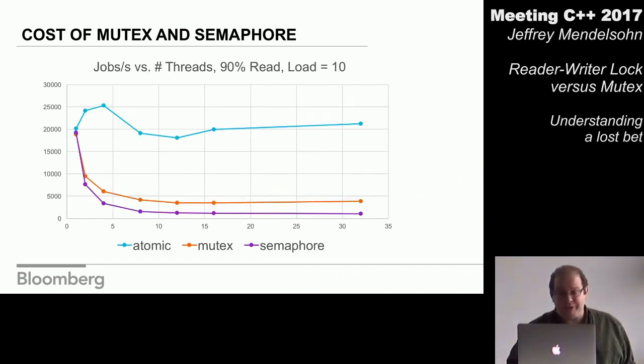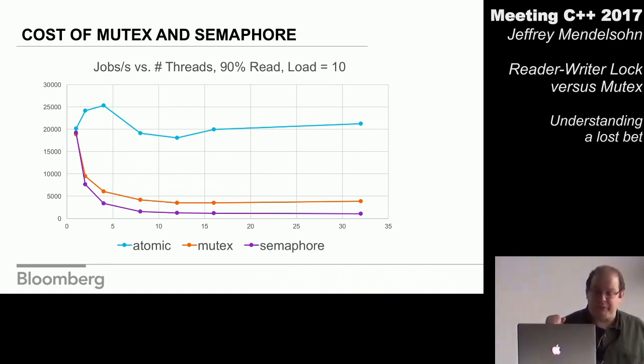Now let's move to a very short hold time. Still mostly reads. Not that it matters, because again, we're looking at the mutex and the semaphore, but it changes the performance of the atomic, as we saw before. And we see that a mutex and a semaphore are both much more expensive than this atomic lock we discussed, this fake-it lock. The amount of jobs done per second is way down. None of them are scalable, and it's all as it is.